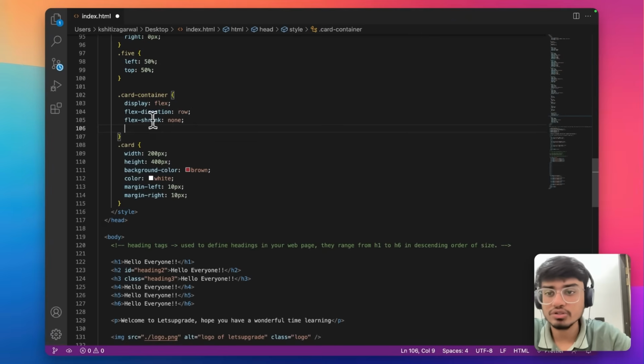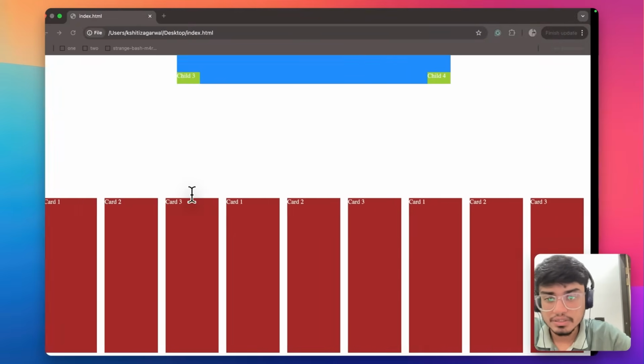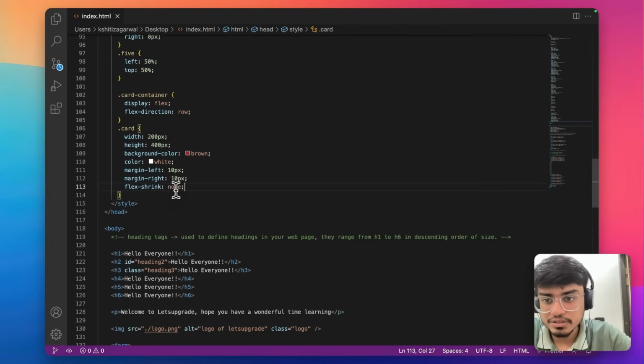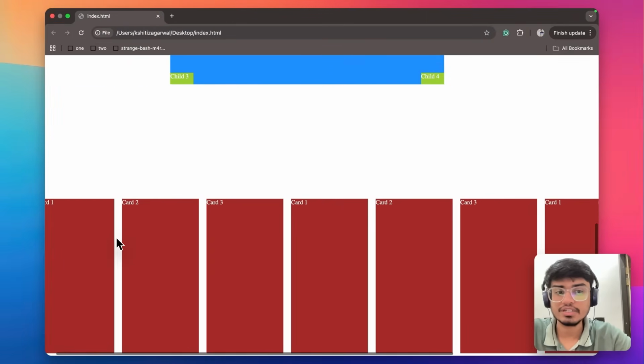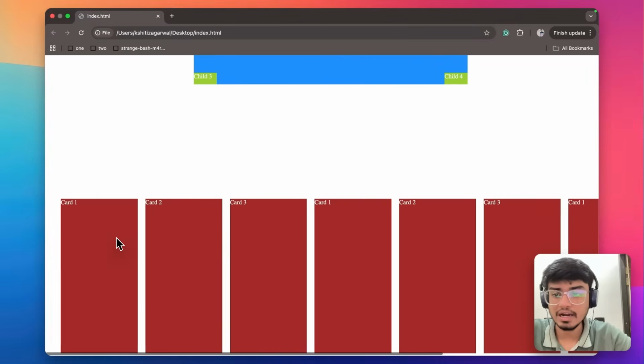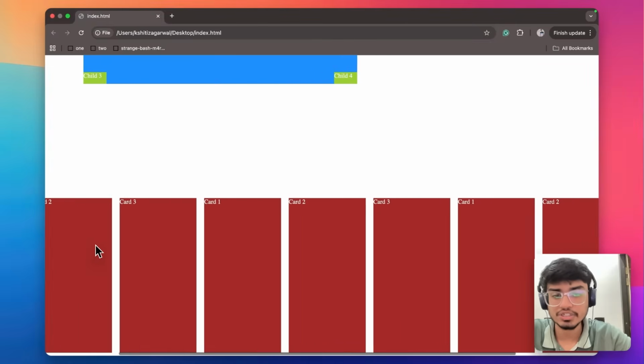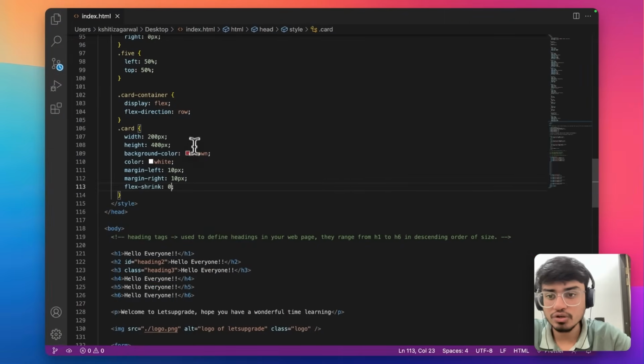Sorry, flex shrink is not given over here, it's given in the cards. Maybe it's 0, let me check. Okay, so flex shrink is 0 now. So now the cards will take their original width, they'll not shrink in size. I just want to make them scroll, so what I'll do, card container